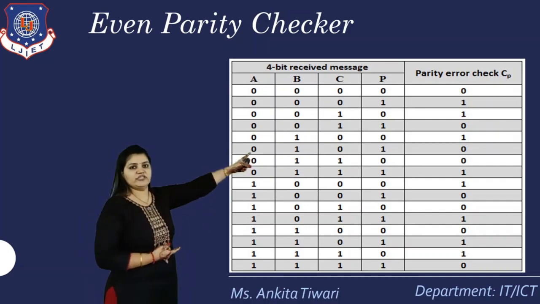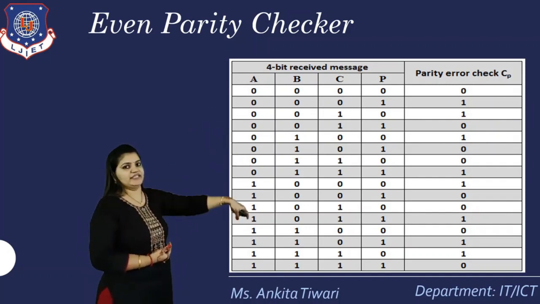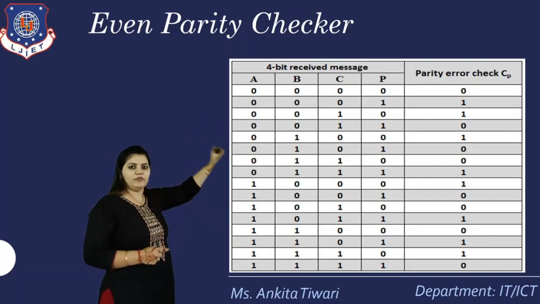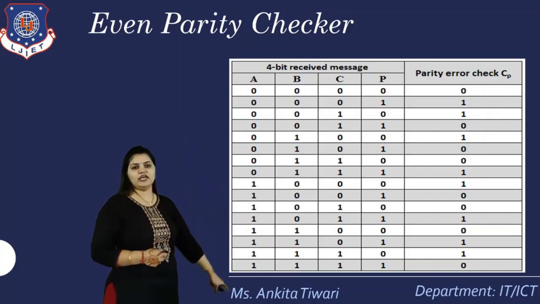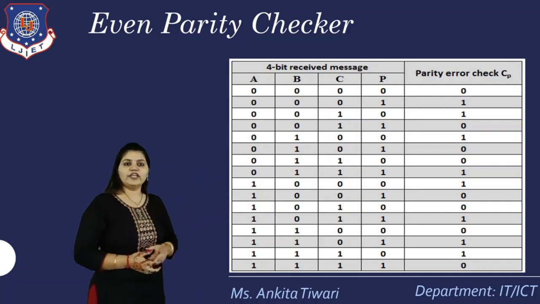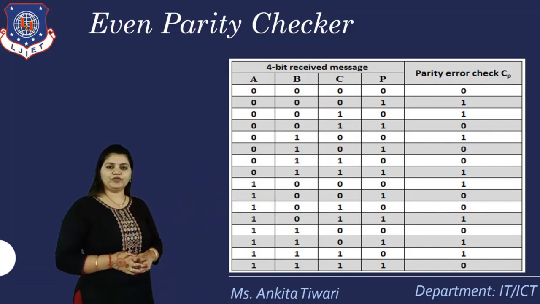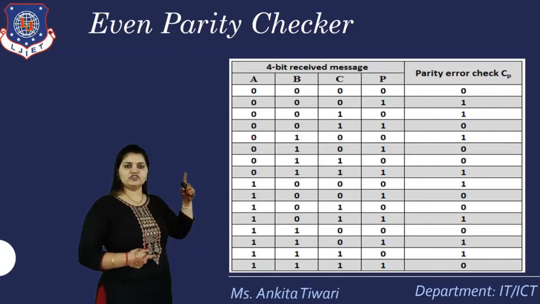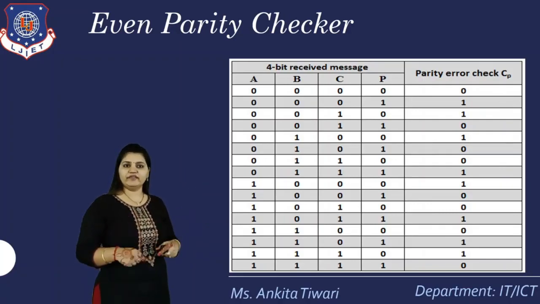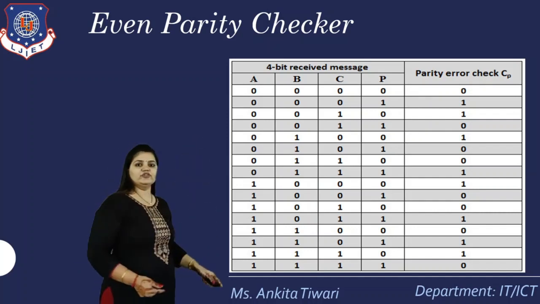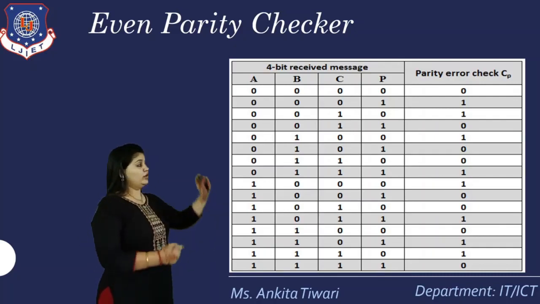So here 4 values as an input, A, B and C, and parity bit P itself, and we are checking it. Now for checking it, in order to make it even, we have to make the number of ones even by checking the values. So if I am checking the first value 0 0 0 0, it is already even. If I am adding a 1 to check, it will become odd. We don't want to make it odd. In the next value, 0 0 0 1, that means it is odd. We have to make it even. So we have to add 1 at the parity checker. This is how all the values are taken and decided with respect to the P value.